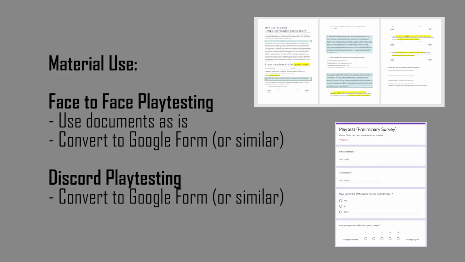So if you are conducting playtesting face-to-face, such as in class, you don't need to change much of the document at all. However, if you are running playtesting via Discord, which you are allowed to do, you will need to have your playtester share their screen so you can see what they are doing. A strong, solid connection for everyone is recommended here, and if that is not possible, we do not recommend playtesting online with said individual. So you might need to do some tests